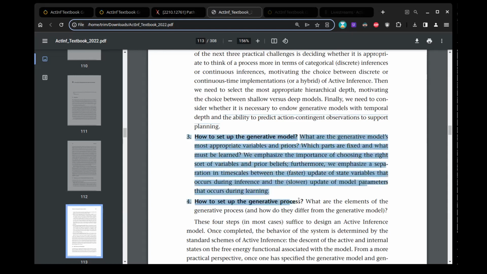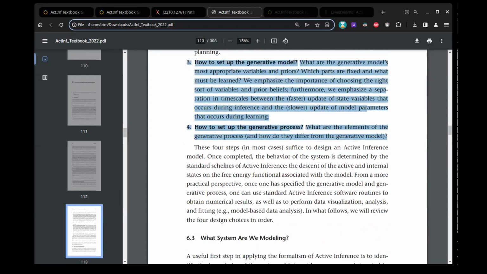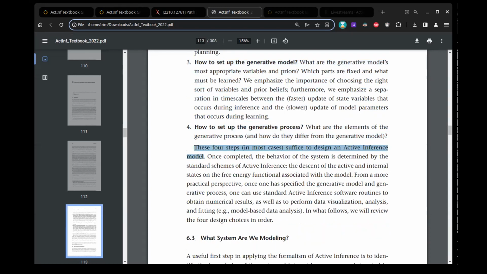So again, these are just some steps to consider, essentially setting up the generative model and the generative process, the type of thing that we're modeling, the cognitive entity, and their environment. And they say that these 4 steps in most cases suffice to design an active inference model.